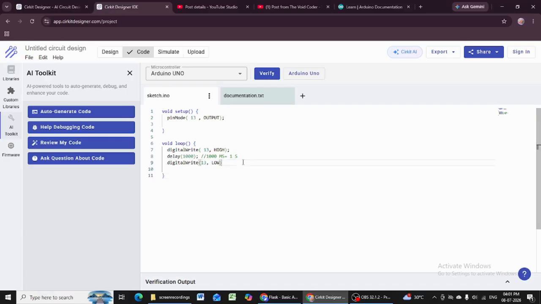Then again it will delay by another 1 second, and then it will again turn itself on. So this is a loop. This is the loop body and this is the setup body. In the setup body, most of the time you are writing the mode and the pin number, and in the loop you are writing the functions for what it will repeatedly do, the continuous